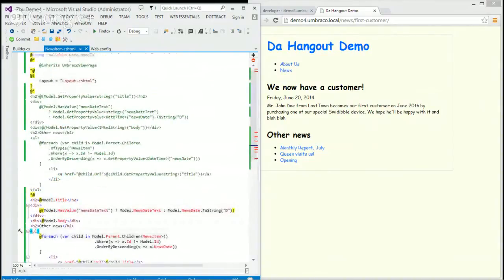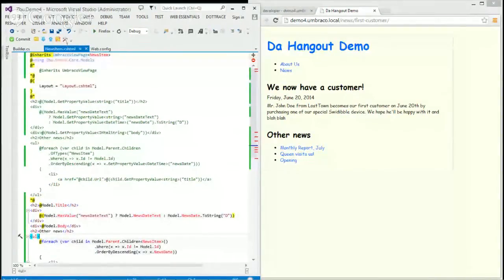One thing that you can see in my Visual Studio here is that it doesn't like all the strongly typed properties. It actually can't resolve them. So is this IntelliSense or Visual Studio not picking up the model? It's because the models exist in the website when we run the website, but they don't exist in a DLL somewhere that you can include and reference for your code. So this solution is really for people who are doing everything in the Umbraco backend, so they don't have IntelliSense anyway.